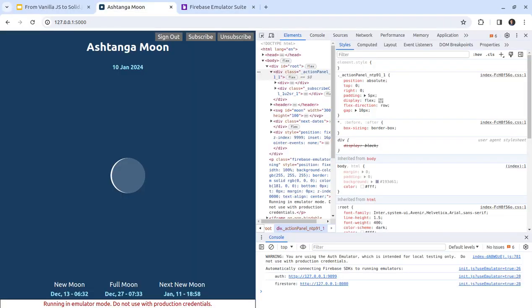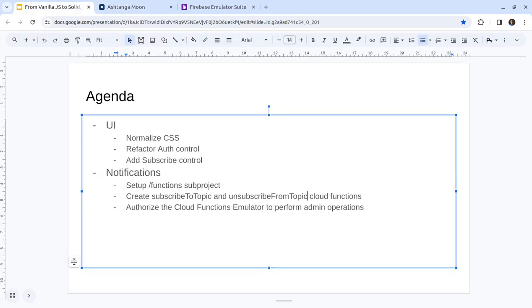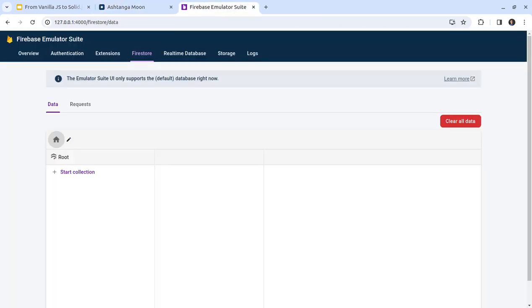for this UI part. Now we have sign in, sign out control, and subscribe, unsubscribe controls working, integrated with the backend, with the local emulation backend, which is good. The next step is working on the notifications a little bit more on the backend side. For that, let me switch to